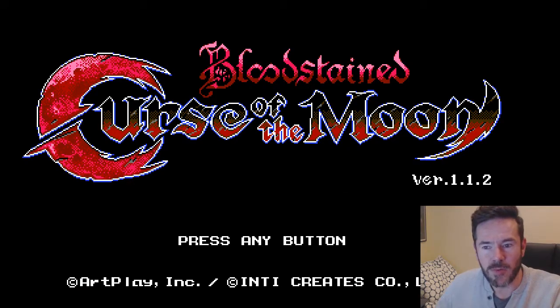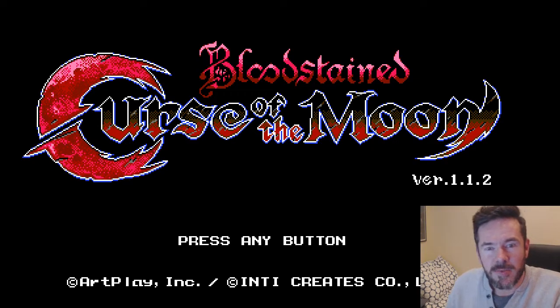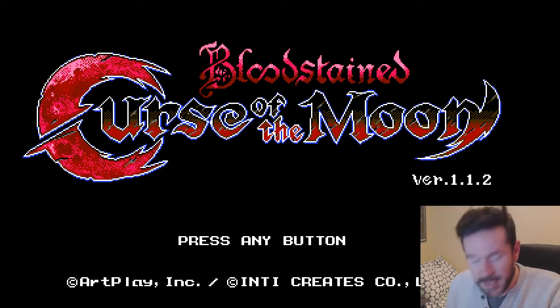Bloodstained Curse of the Moon. Now the story behind Bloodstained is an interesting one because this is one of the first Kickstarters way back in 2015. A guy called Koji Igarashi, who was the producer of the old Castlevania series for Konami for many years, or one of the producers of, parted ways with Konami and decided that he'd like to make a spiritual sequel to Castlevania, and so he put a Kickstarter out for this game and asked for $500,000. Guess how much money he got? $5.5 million,